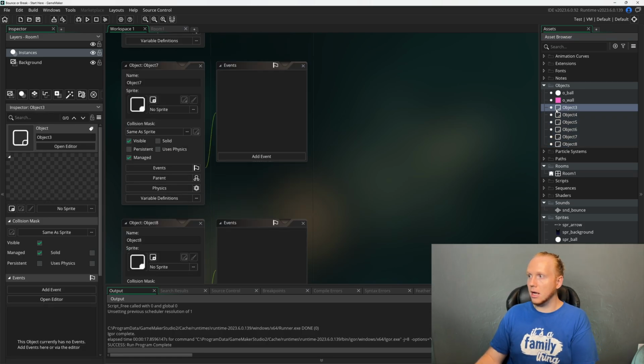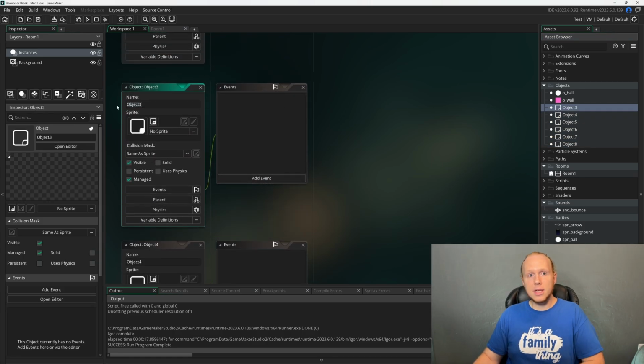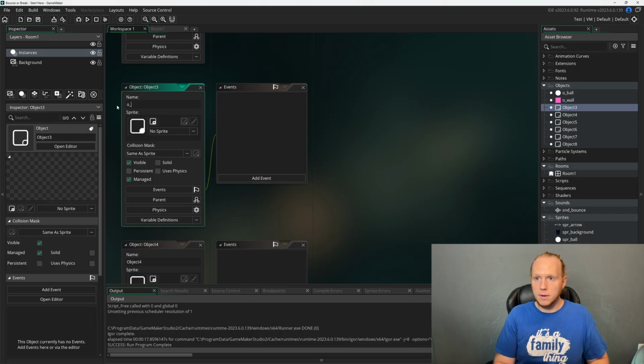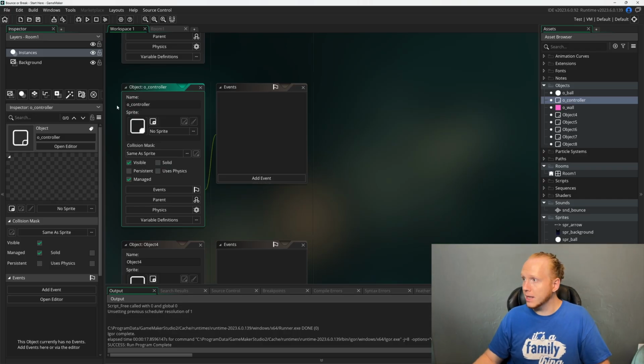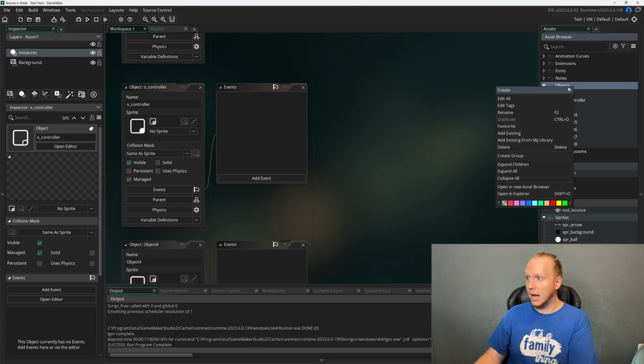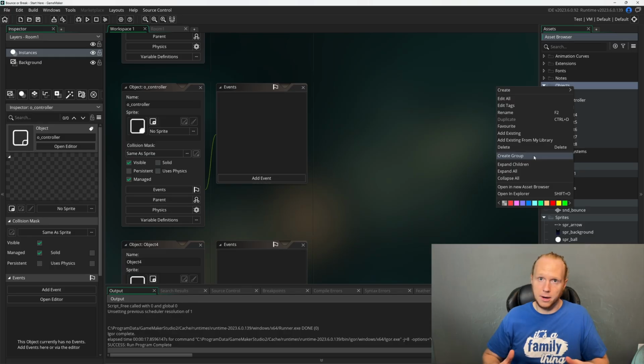So first, let's click on Object 3. This one we're going to call O Controller. This object is going to be the arrow that actually moves around and then spawns the ball and shoots it out when we click on it. So that's pretty useful. Next, let's right click on Objects, and I'm going to click on Create Group here,